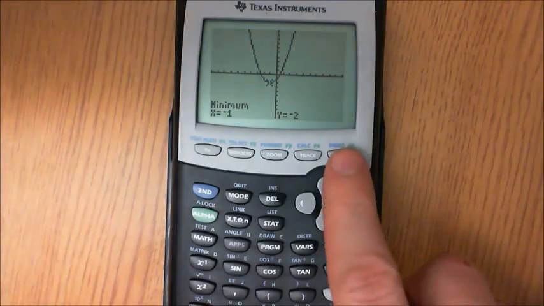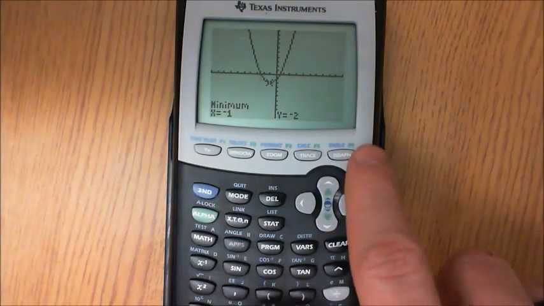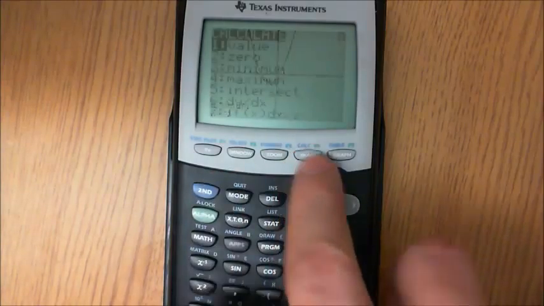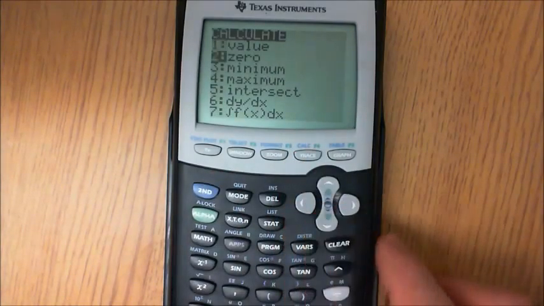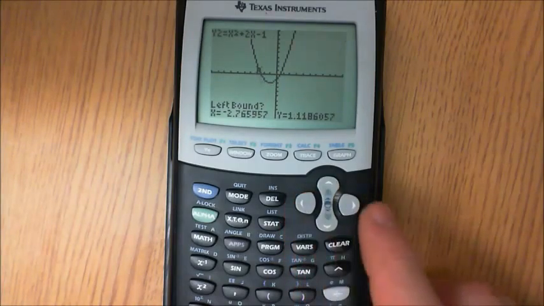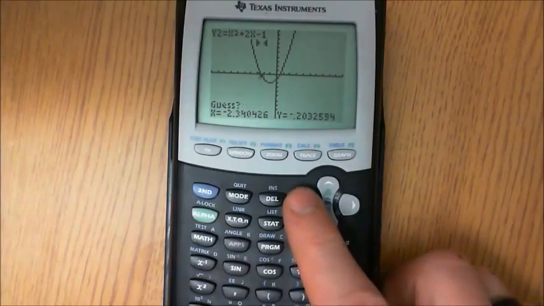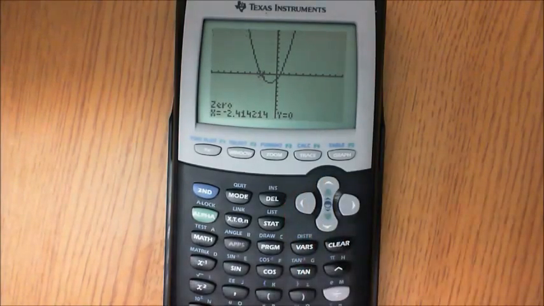It'll also help you find zeros, which in this case is just going to be an approximate 0, it looks like, but let's check it out. So if we go calc and the zeros, and similar to the last part, we go left bound, so we'll go a little bit left of our 0. Here's a little bit right of the 0. And then I guess right here is pretty close. And there you go,